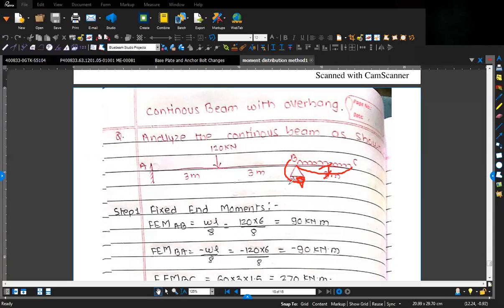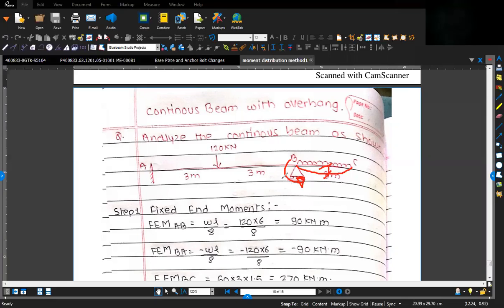Just remember whatever we are doing here, why we are doing all these things. The only reason is to keep the beam, or the structure, in equilibrium condition. That's why, to counter externally applied loads, the member is going to produce equal and opposite moments, or equal and opposite forces. We can say this is the key of structural subjects.